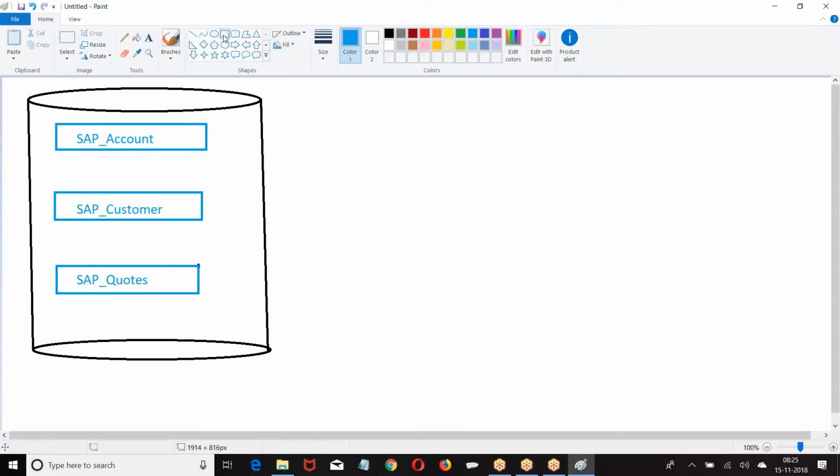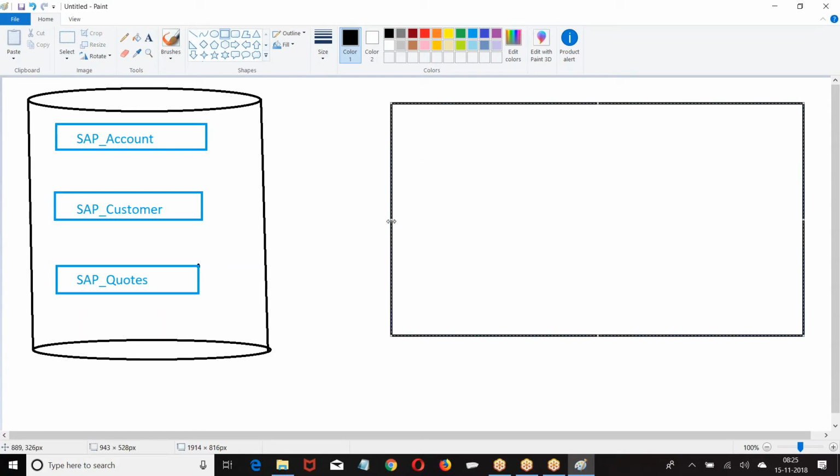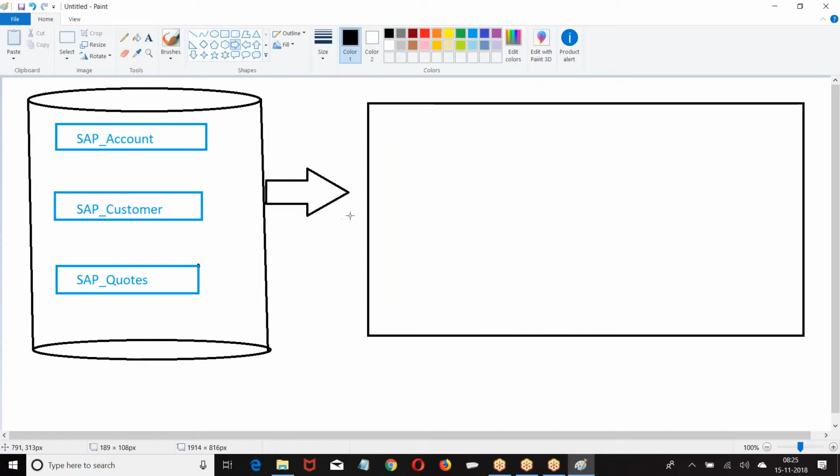Now, these people feel this is sensitive data for this application. They don't want this data to be saved on Salesforce.